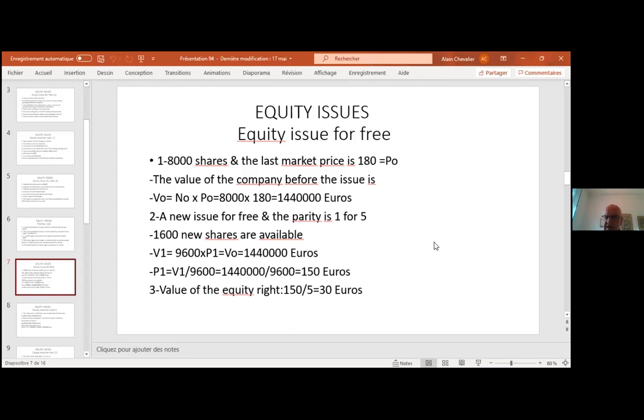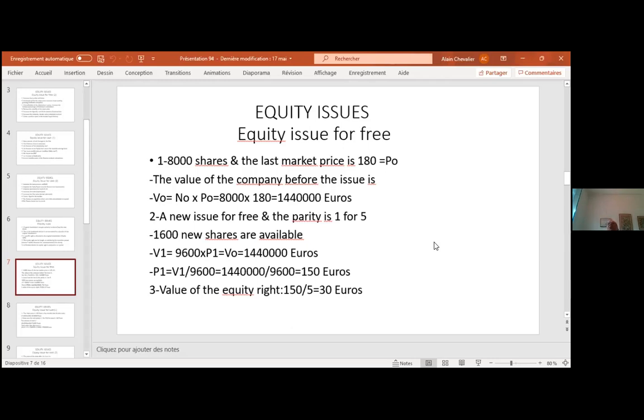What you understand is that this calculation, which is a proxy, even if it is based on data coming from the accounts, is lower than the price of the share before. And of course, this is quite normal. If you increase the number of shares but you still have the same value for the company, the price of a share should be lower. So P1 is always lower than P0. And this is an interesting point.